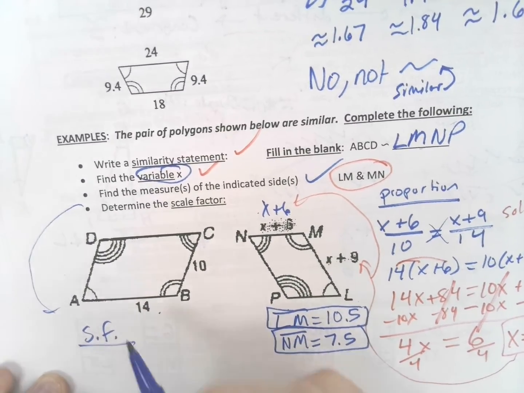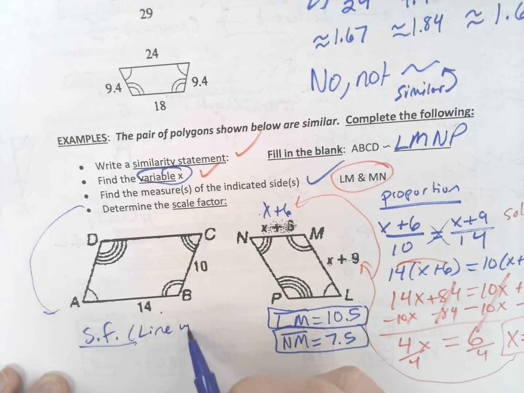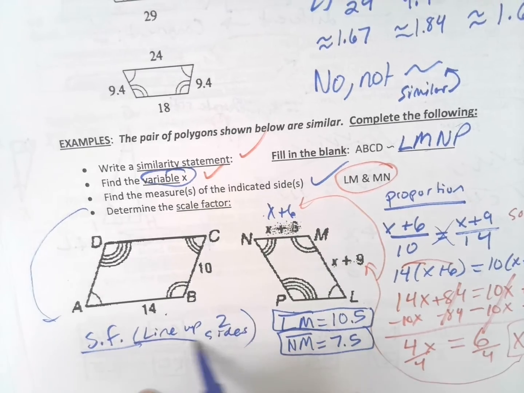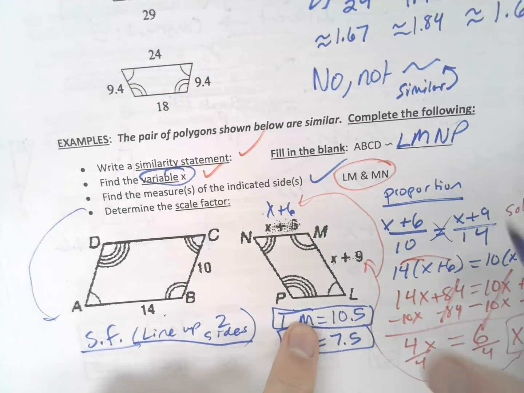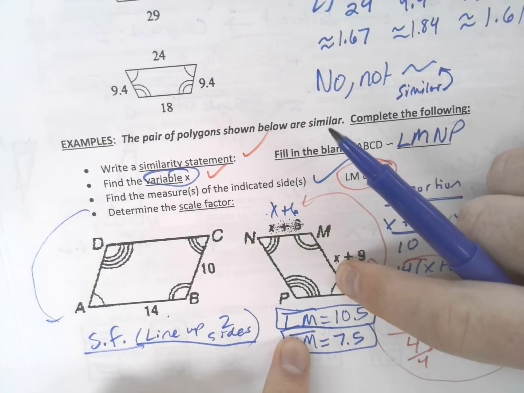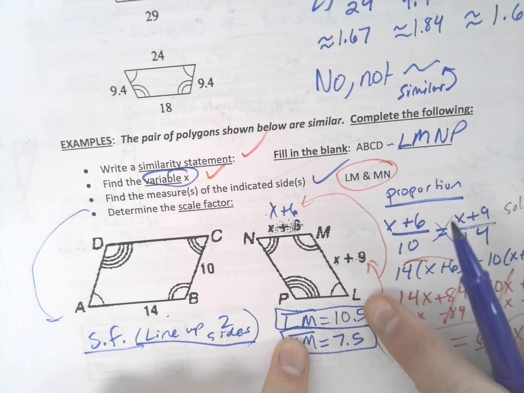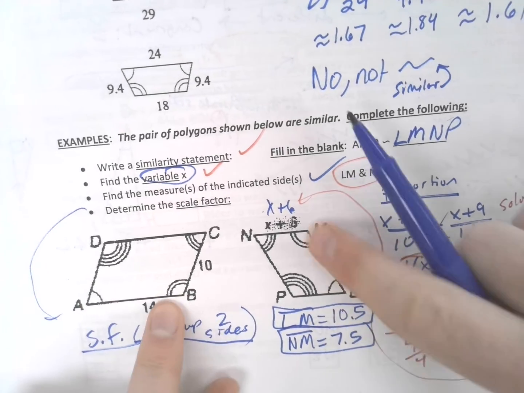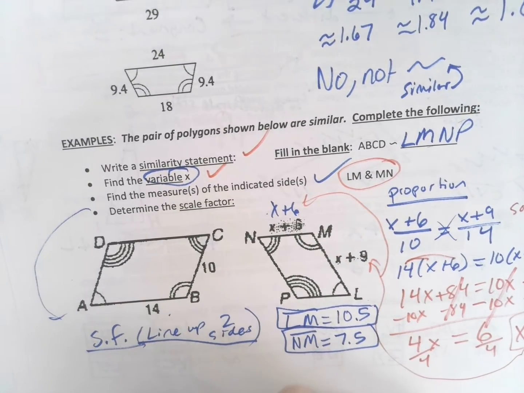We just need to line up two sides that are similar. So in this case, we know LM is going to be congruent to 14, 1 and 2, 1 and 2. So we could do